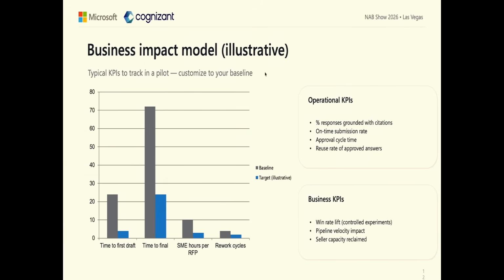So the business impact is mostly in terms of time savings, right? Like we talked about at the very beginning, responding to RFPs takes a huge amount of time. And we believe this tool helps streamline that. So the time in getting your first draft dramatically reduced, the time to your final draft dramatically reduced as well. The moral of the story here is your team is saving time. You're not going to miss any deadlines. You're responding to all of the RFPs that you receive, hopefully leading to more win rates, or a higher win rate, rather.